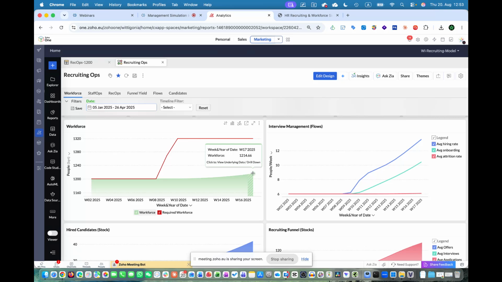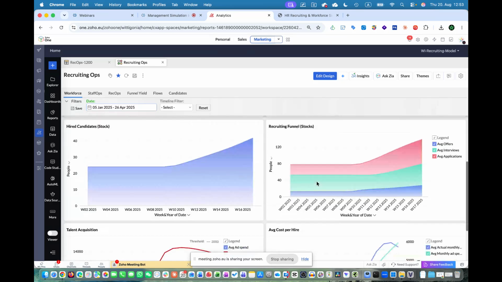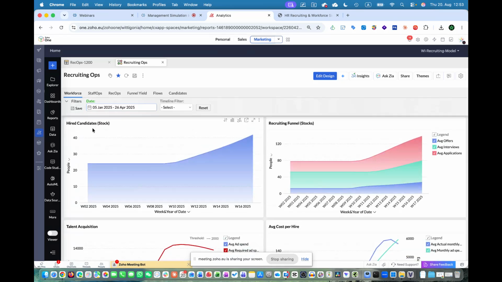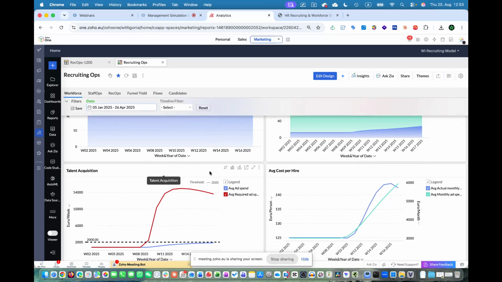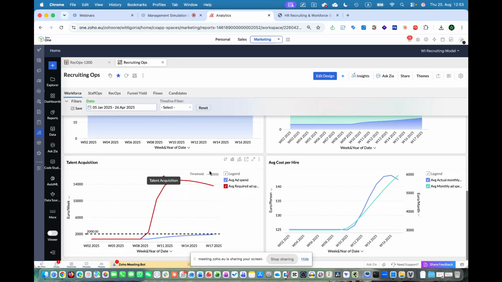So here we have the recruitment flows. Here we have the candidates which have been hired but haven't started yet. And here we see a breakdown of the people in the various stages of the recruitment funnel. All of this is stock and flow consistent. Okay. Now, in this case, we also see what is the implication here when we put a cap on the